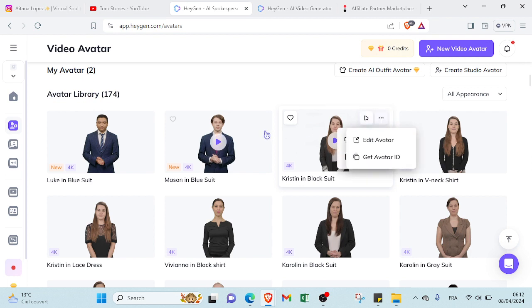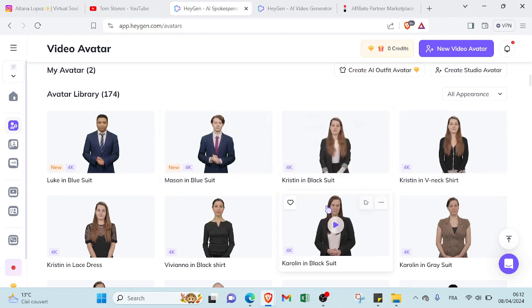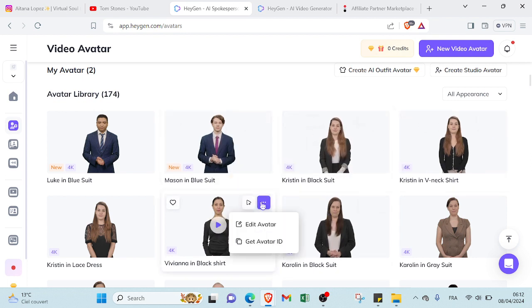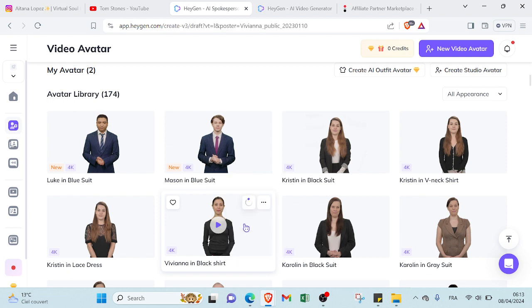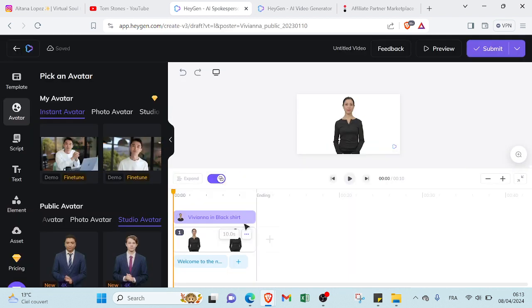For example, this three-dot menu is if you want to edit the avatar or get the avatar ID. This one is if you want to start creating videos, so all you have to do is click here if you want to start with YouTube.